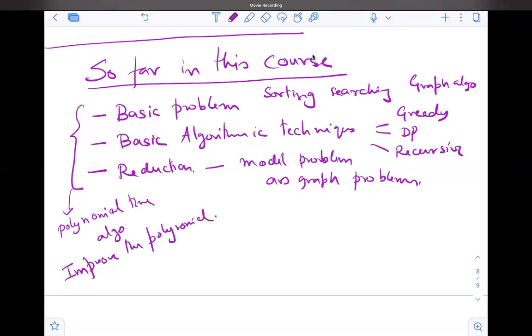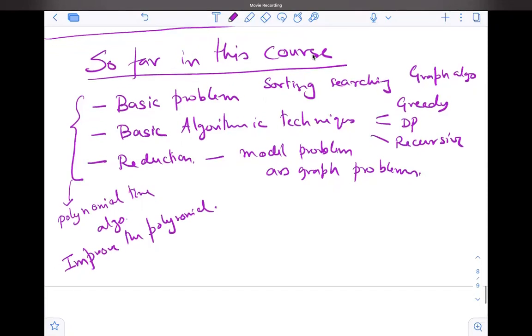The idea was, can I do DFS in linear time? Can I find the shortest path in quadratic time? Can we improve from cubic time to quadratic time, and so on? This is how much we have done in this course. But